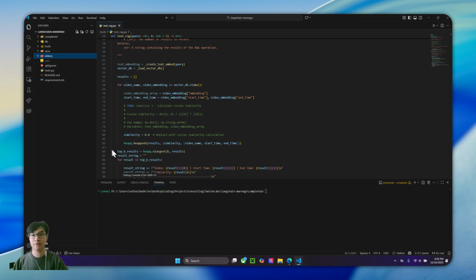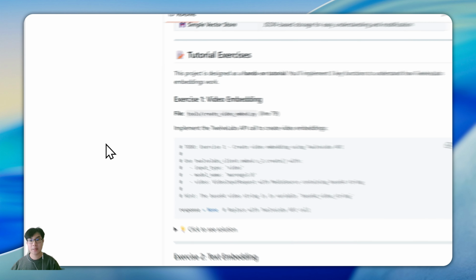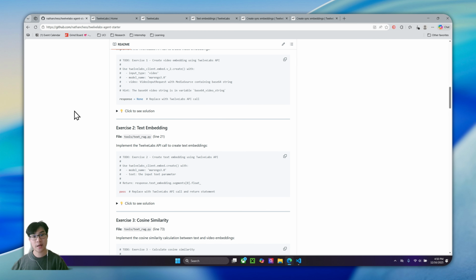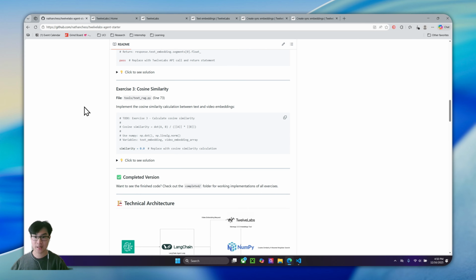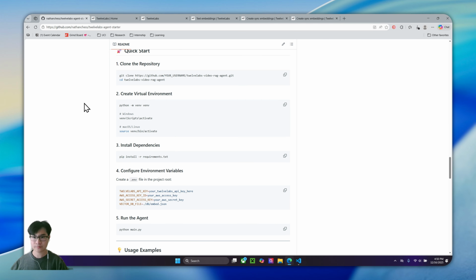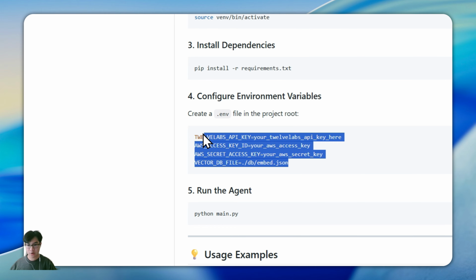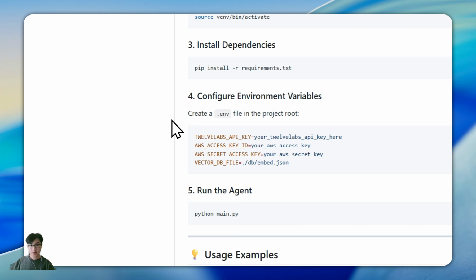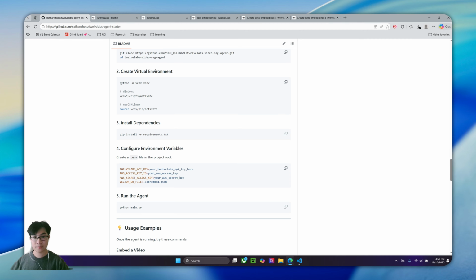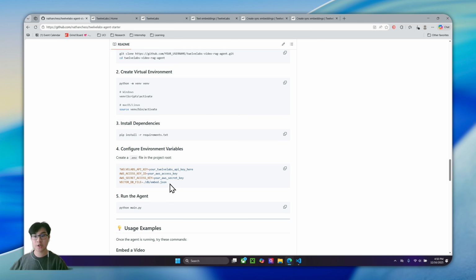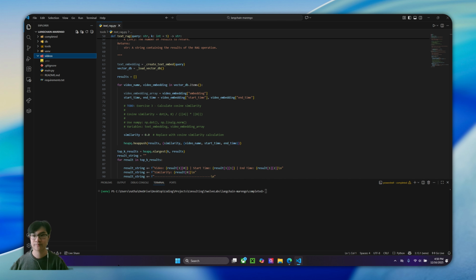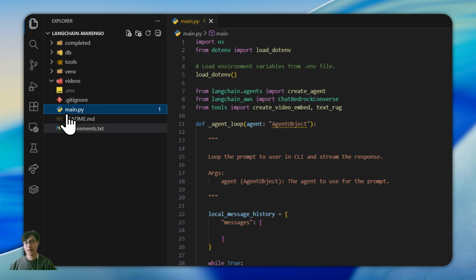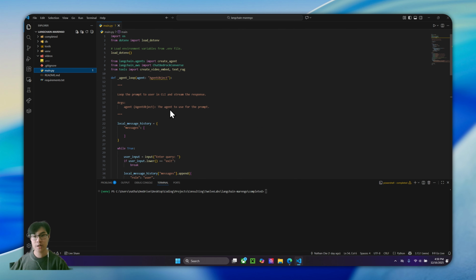We have a .env file, and this will contain all of your API keys to access the AWS console as well as your TwelveLabs indexes. This is essentially how you are going to format that .env. I won't reveal mine just for security purposes, but be sure you create the proper AWS account and TwelveLabs account before proceeding. Then from there, we have this main.py file, which is going to be the main agent loop